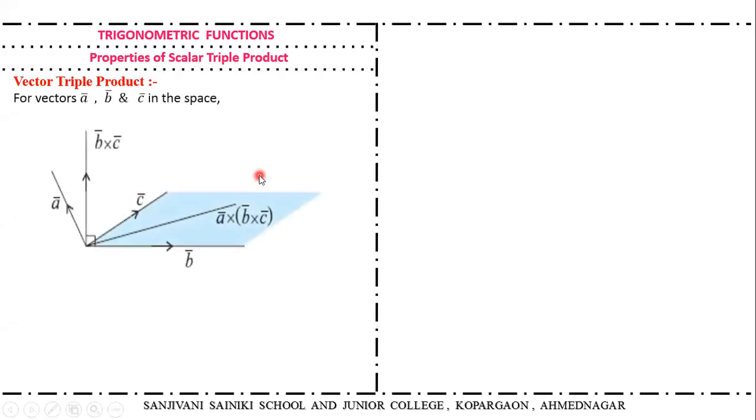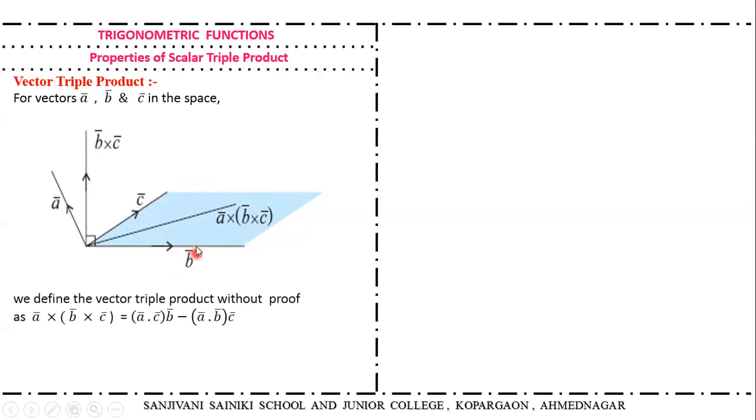Now let us learn the vector triple product, similar to that of the scalar triple product. For vectors A bar, B bar and C bar in space, A bar is one vector, B bar is another vector, and C bar is the third vector in the space. Then B bar and C bar will determine a single plane. This colored part is determined by B bar and C bar. If we take the cross product of these two, we get the vector perpendicular to both of these. It is B bar cross C bar,